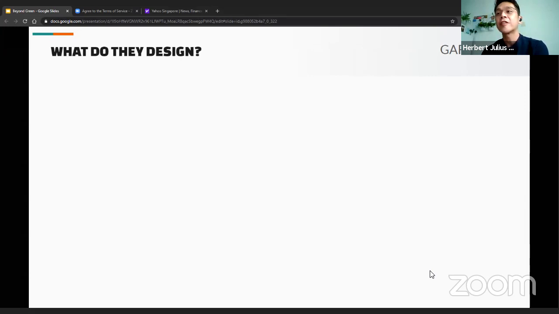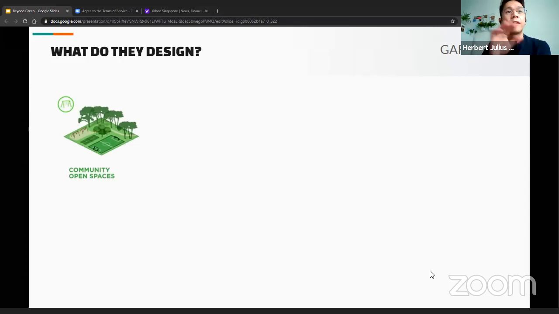I think the first and foremost idea that comes into our mind is we design gardens. True enough, I think that's not a lie in itself, but that is only part and parcel of what landscape architects design as a profession, and it falls under community and open spaces.